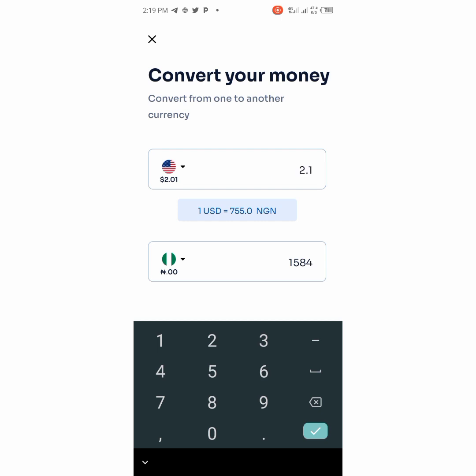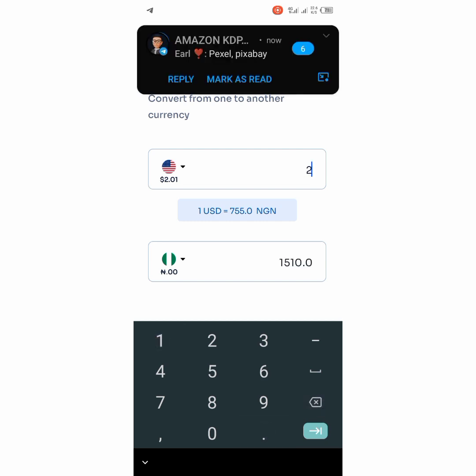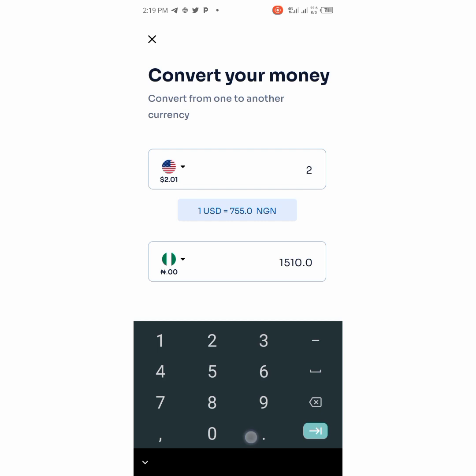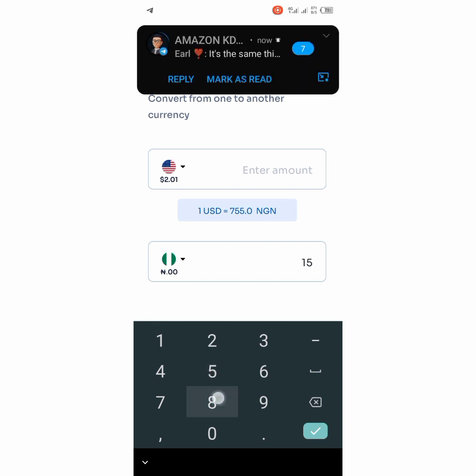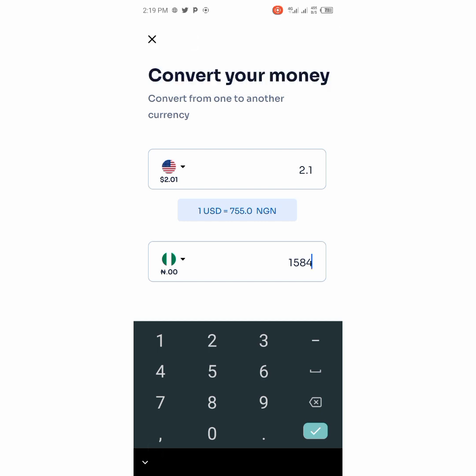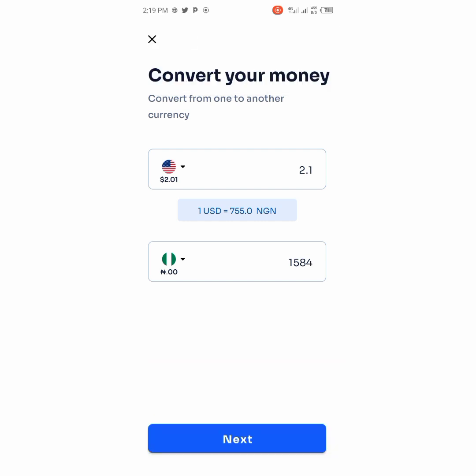It gave me exactly what is there, because when I tried to put this, it was not working. Two points, it's not working. I can't add my one. Understand now? So if you have the same issue, you just have to go to your browser and ask the value of whatever you have in your account in Nigeria, so you can just input it here. You can also add decimal figures here. It comes automatically on its own. So we had 1584, right? And that gave me 2.1. So all I have to do is click on next,